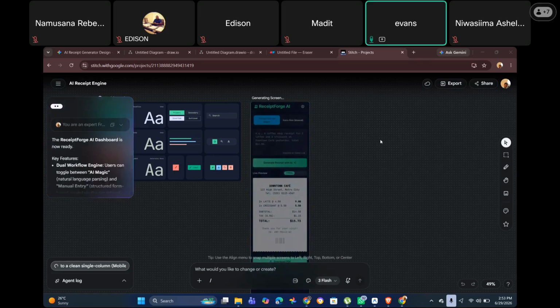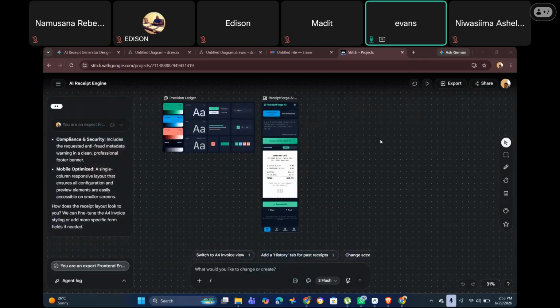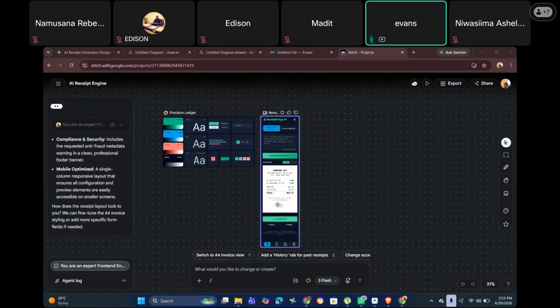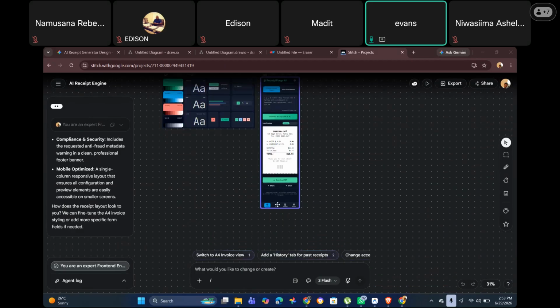So as you can see, it's generating a UI that we'll use. Now from here, as it's generating the UI, let's assume it generates a color that we don't want. So we can now prompt it, and this is the UI that it has generated for us. And let's assume that we have appreciated it and this is what we want to go with. But if not, if you want to change the color themes, you could just prompt it there and maybe tell